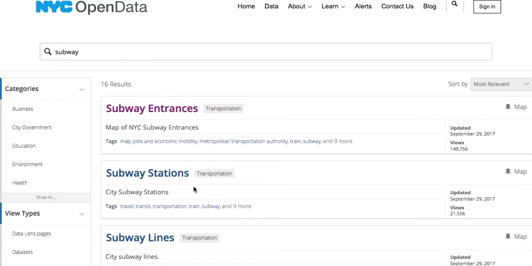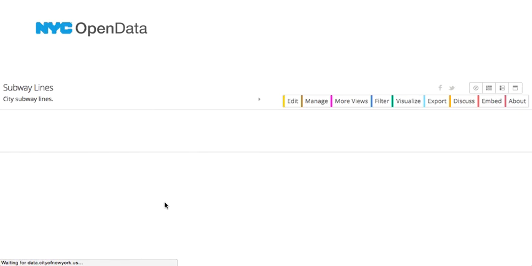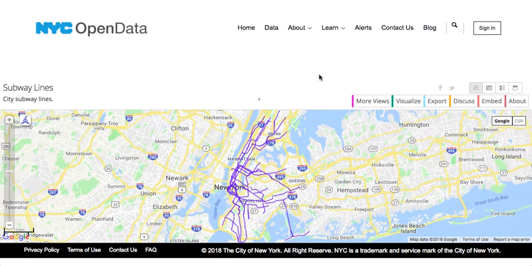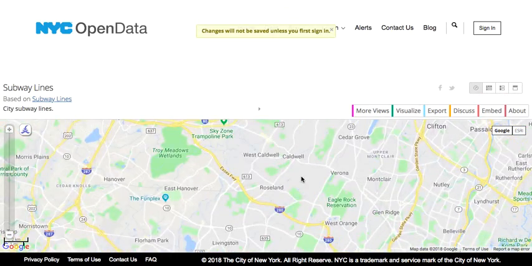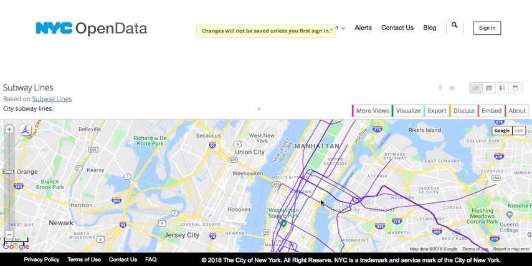So let's see. I'm going to go with subway lines, and then from there maybe subway stations. So we'll click subway lines. And what's great about a lot of these bigger city portals is, look, it's already there visible for me. You're not always going to get a preview of it, but at least the name will lead you in the right direction. But you can see a little preview of this, and it's this purpley layer of subway lines that I'm going to extract. So I would go to export,